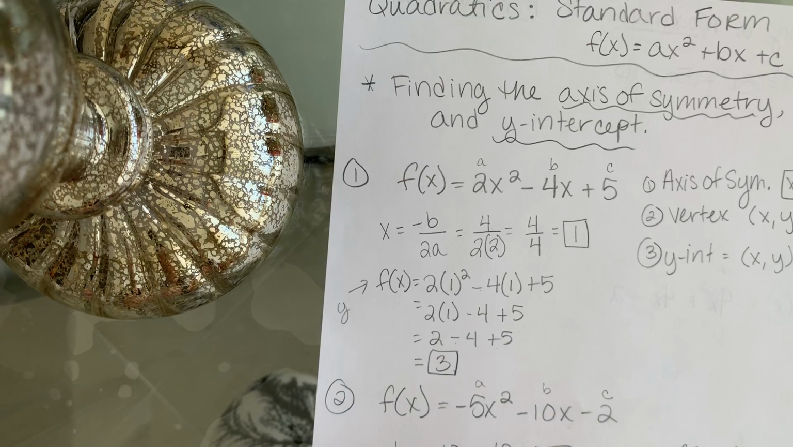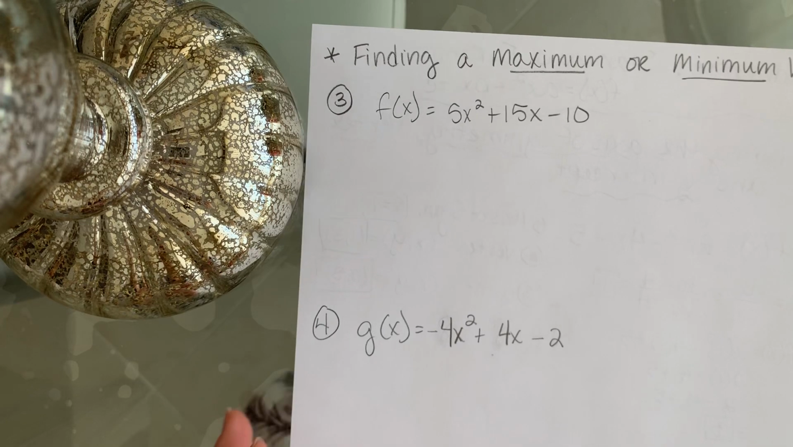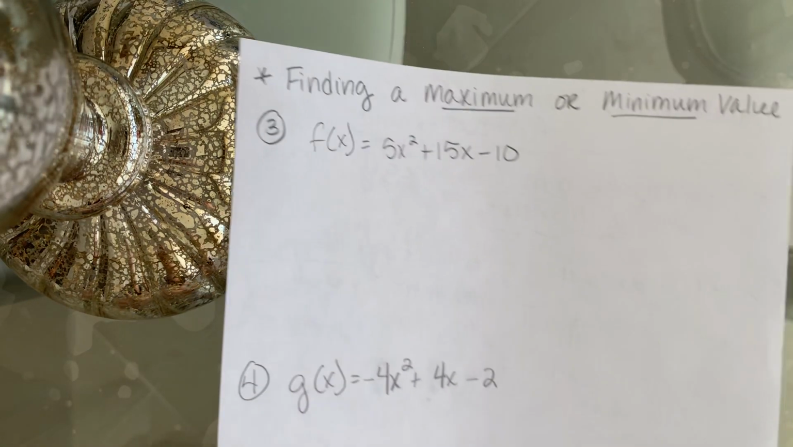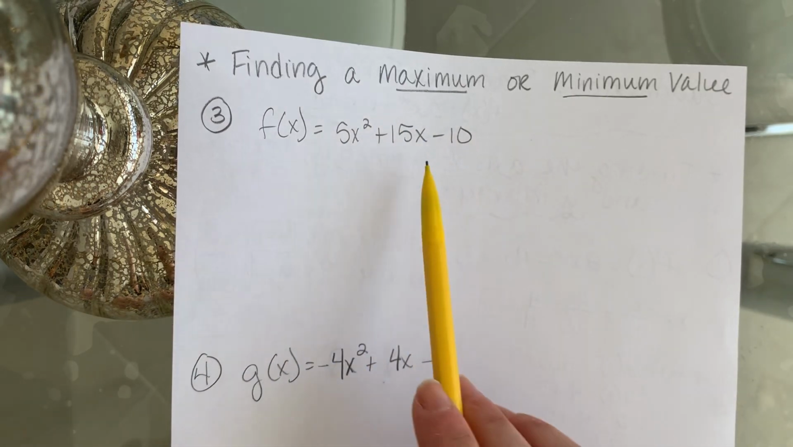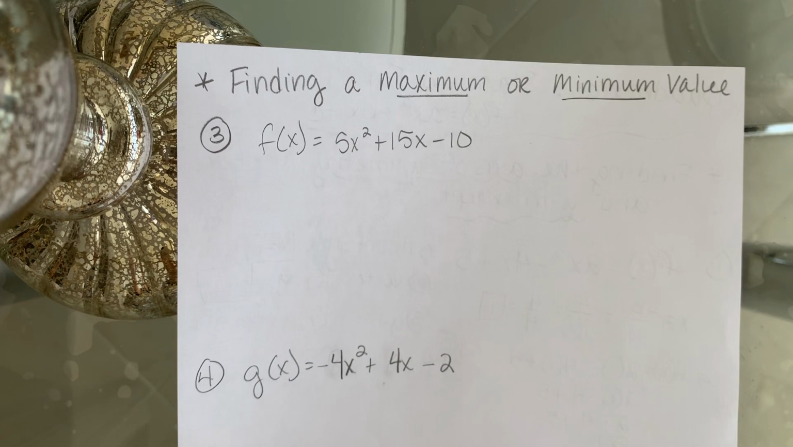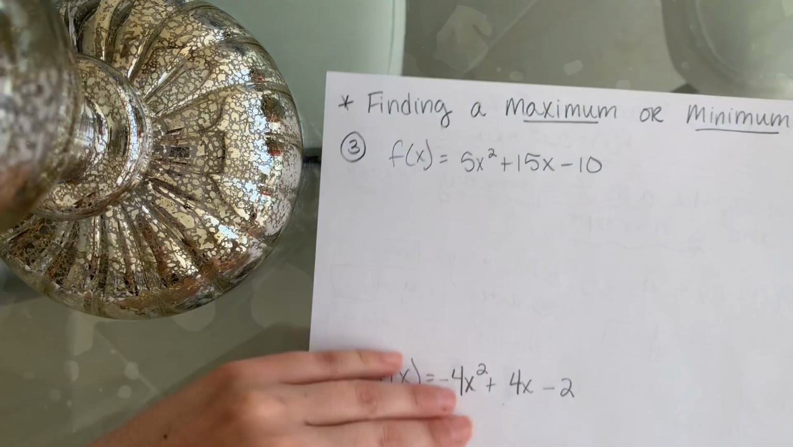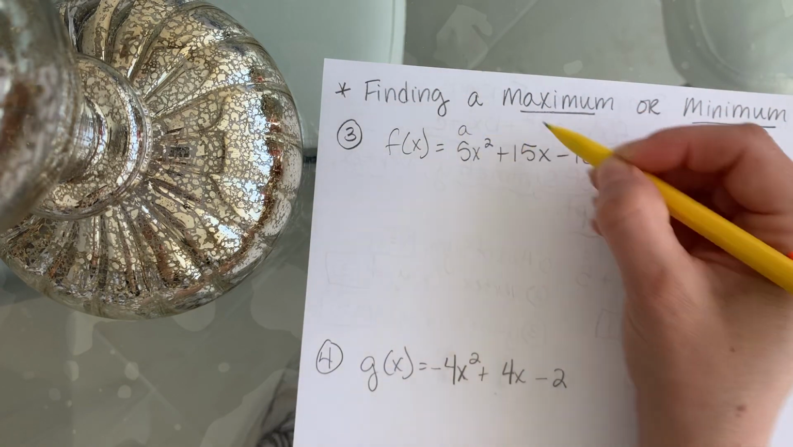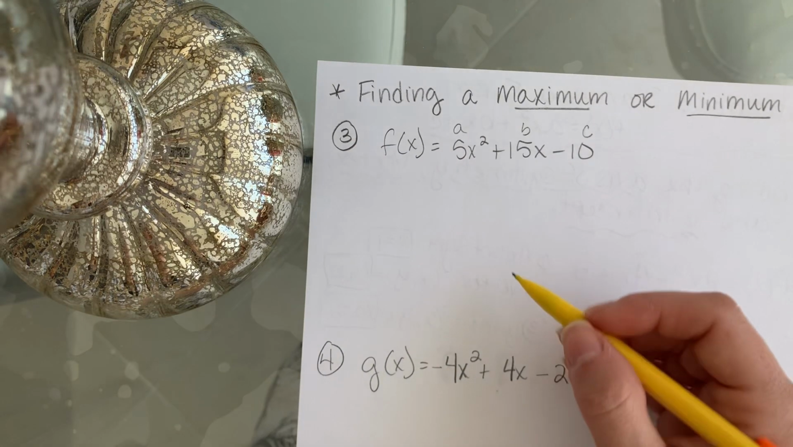So we're going to flip over to the back, and we're going to do 2 other different examples of finding a maximum or a minimum value of a quadratic formula. Okay, so the first thing you need to look at is your a value. So let's label our quadratic A, B, C. Okay. Our a